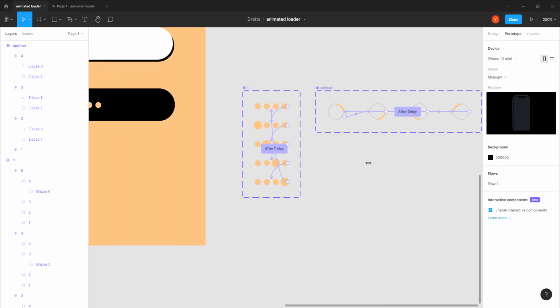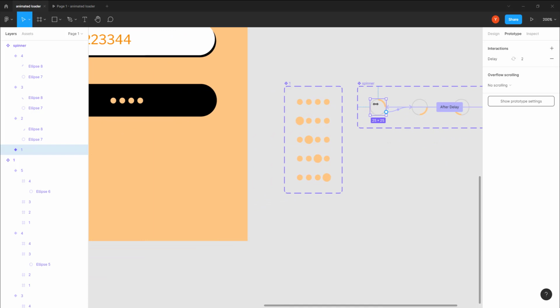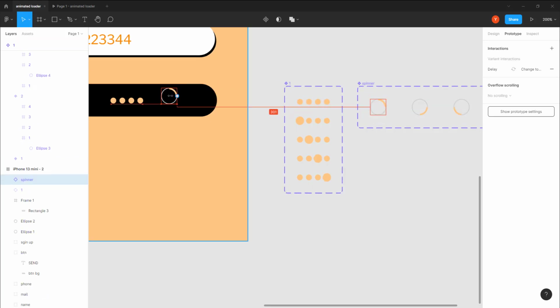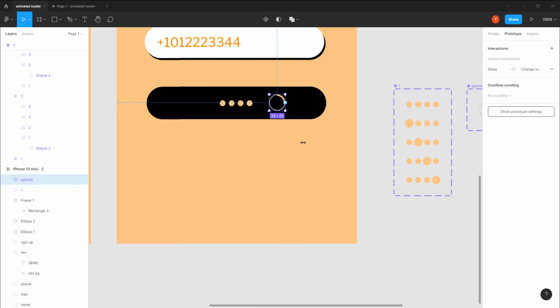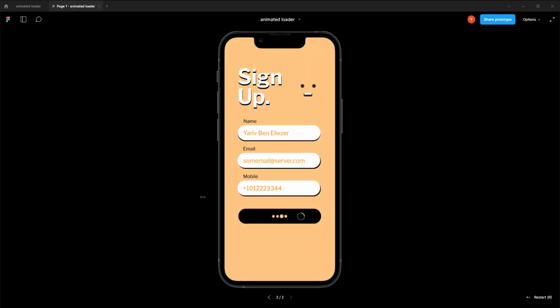I'm just going to put this loader, I'm just going to take one and throw it here. It doesn't matter, we just want to see it working. So I'll just put it near the one that we already made. And let's give it